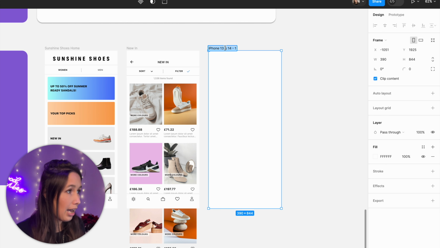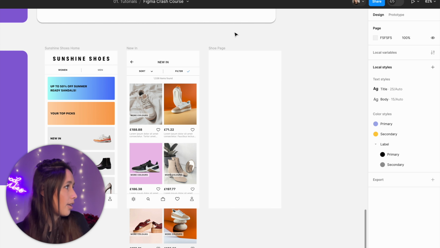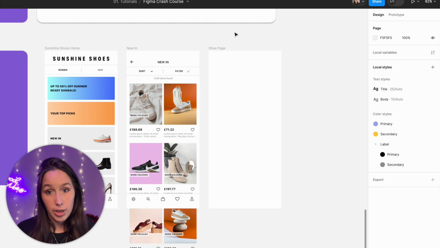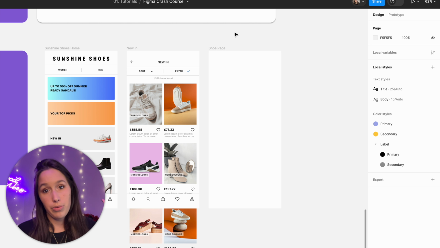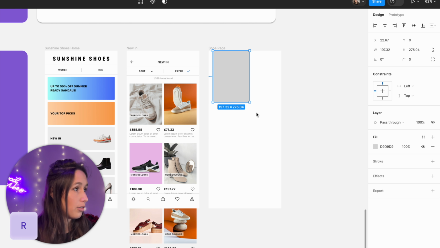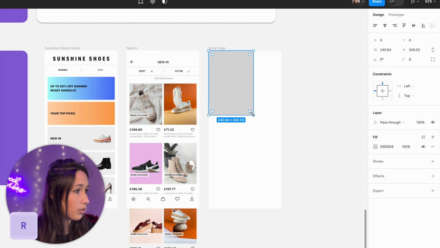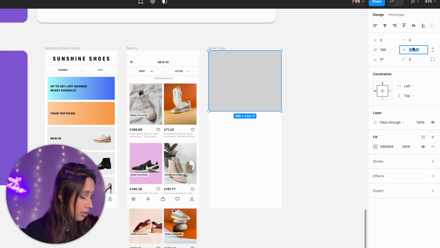So I'll double tap where the name of the frame is and just write shoe page. Lovely. Now, what do I need to have in my shoe page? I think the first thing I want to have is just an image at the top, right? So in order to do that, I'm going to click on R to get a rectangle, and I'm just going to drag a rectangle. Let's see, the width is 390, so I'm probably going to want the height to be